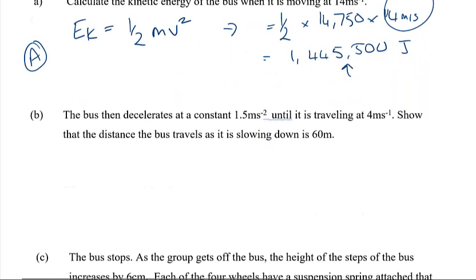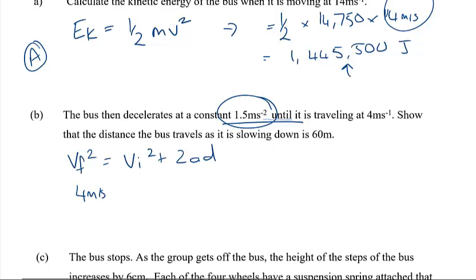Now if you move on to B, it's got the decelerating. So, there's a constant rate of deceleration. So you should be thinking about kinematics. And so you're going to have a look at the formula, and it's Vf squared equals Vi squared plus 2AD. Now, in this case, we've got the final velocity, which is going to be 4 meters per second, squared, the initial velocity, which is 14 meters per second squared, plus 2 times 1.5 meters per second squared times by